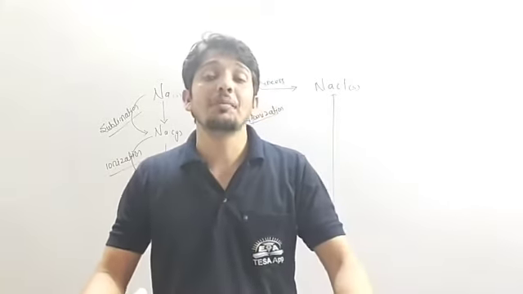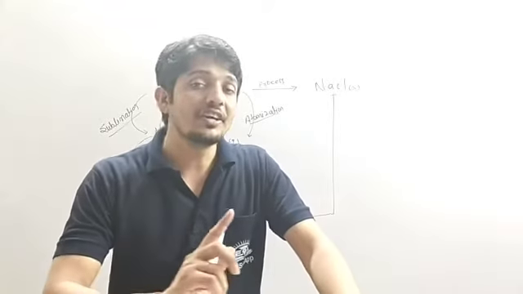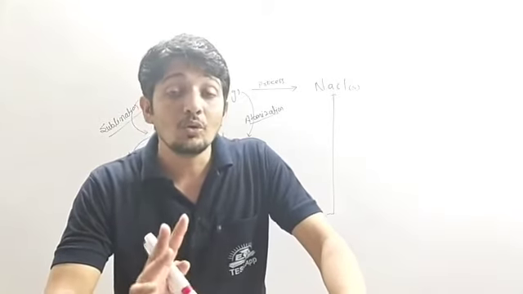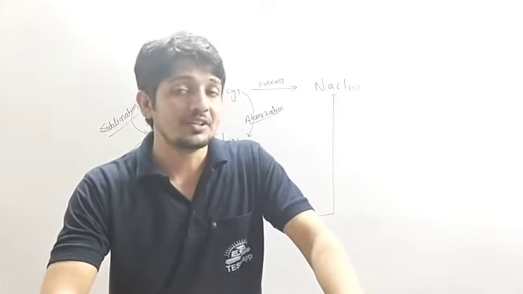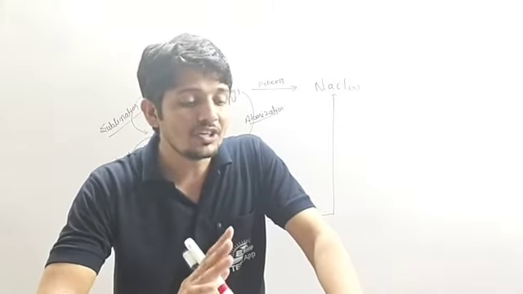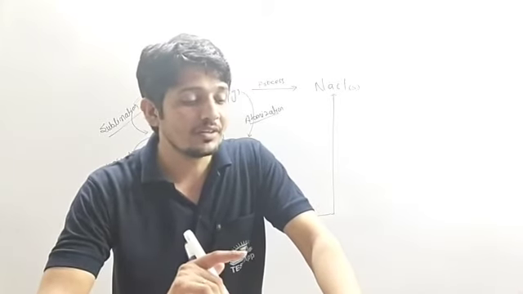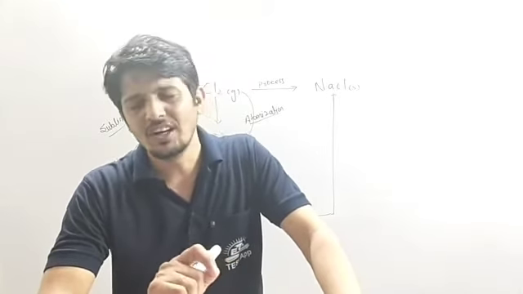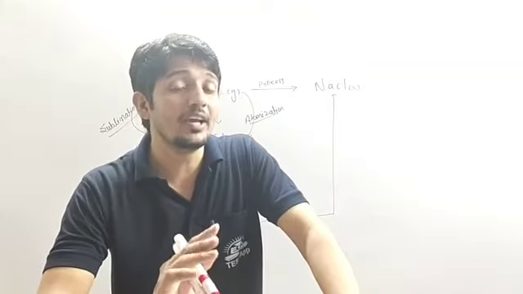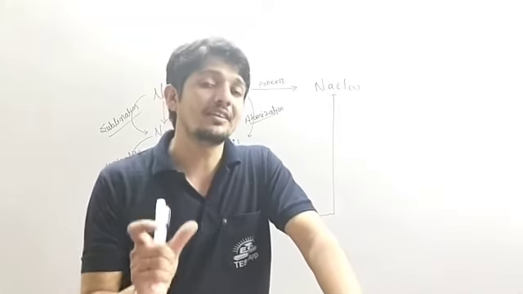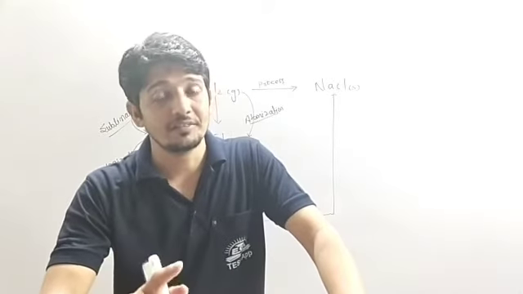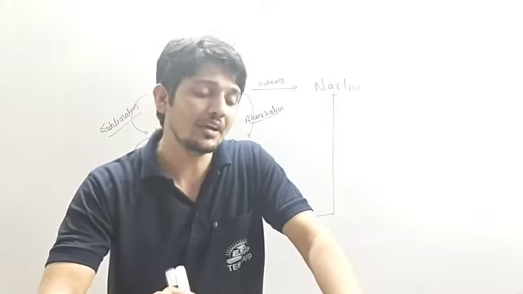So this is the introduction part of your chapter. Now in this chapter we will further understand the chemical reaction. Then we will understand the rules of writing the chemical reaction. So what are the rules we are going to apply on this? Then we have to understand balancing of chemical equation. And we will have to understand the balancing of chemical reaction. Balancing is necessary because the number of atoms on the reactant side will always have to come on the product side. So we will understand how to balance the chemical reaction also.